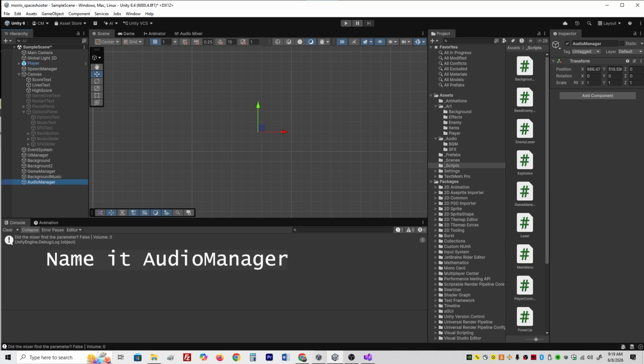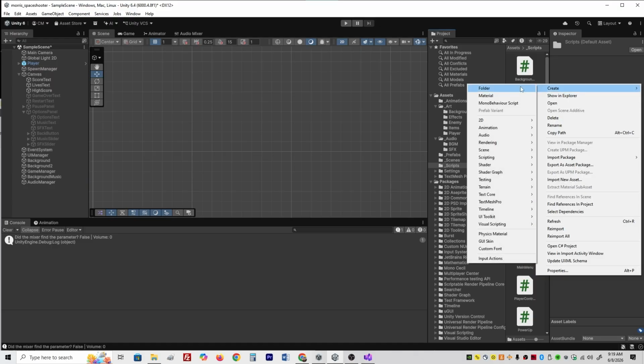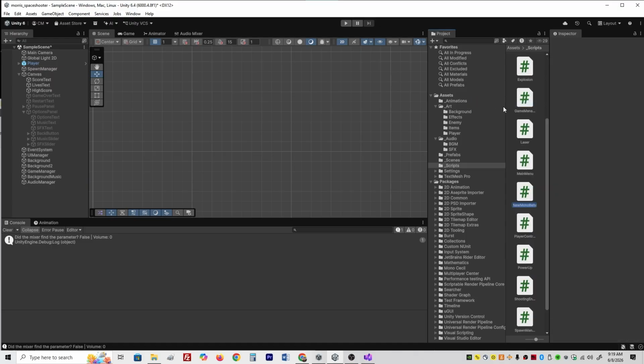We're going to do it this way so that we can just make the audio manager a prefab, and then we don't have to recode everything into a whole separate script on the other side, in the other scene. What we're going to do here is create a script. So in your scripts folder, right click, create mono behavior script. Go ahead and name this audio manager